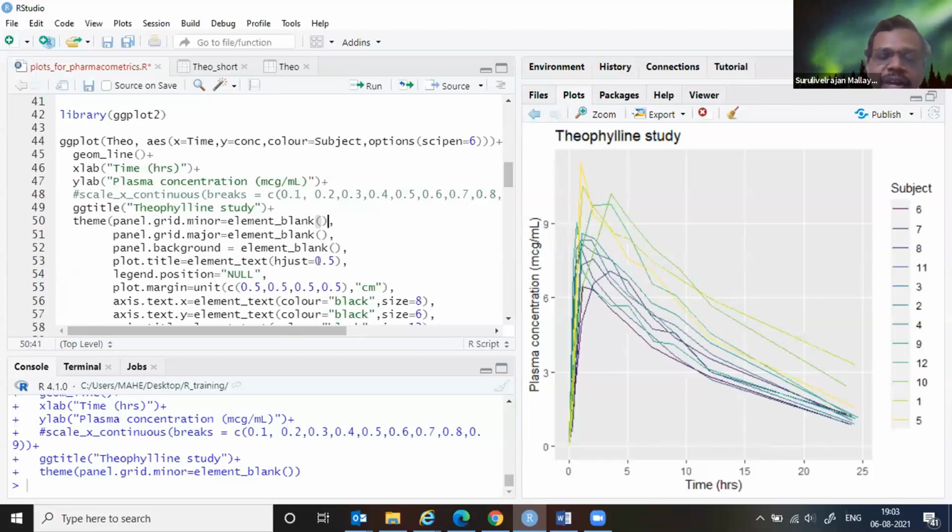I'm saying 0.5, which means approximately it will be in the middle. If you say 0.1 it is on one side, 0.8 or 0.9 on the other. hjust is horizontal justification, and 0.5 means keep it in the middle. Okay, legend position.